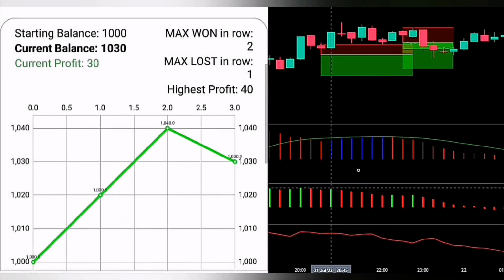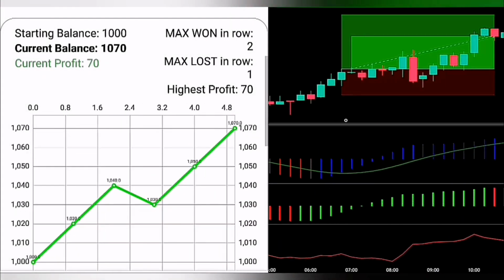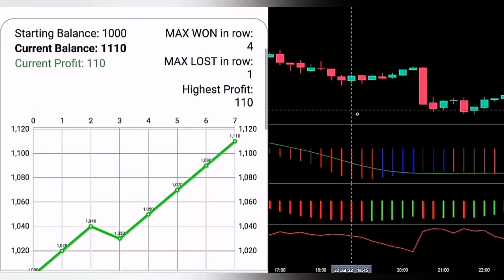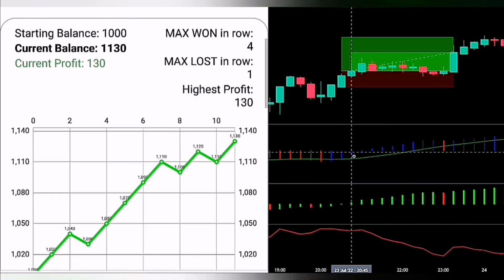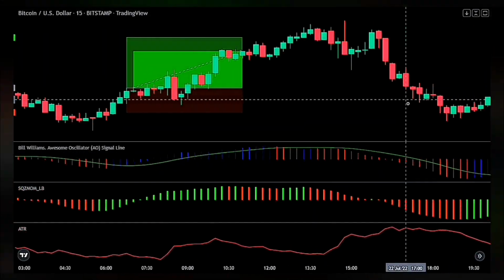I will practice this 15-minute scalping strategy that actually generates at least 60% profit per week in a live trading account. I will backtest it 200 times with an initial account size of $1,000 and with a 1 to 2 risk-reward